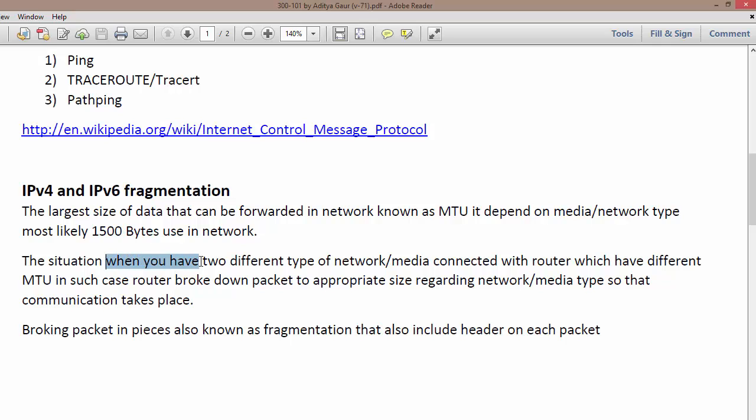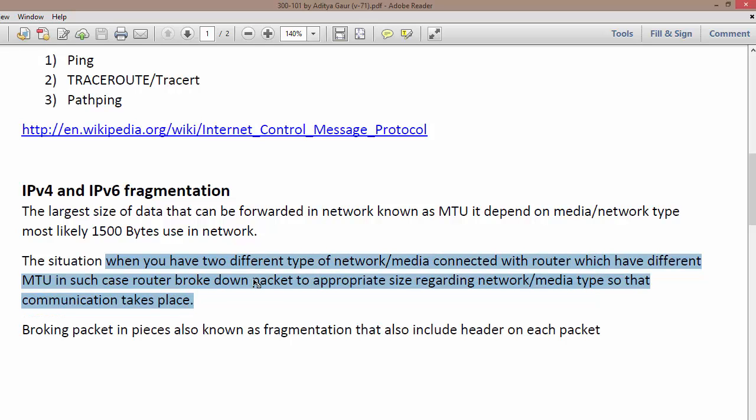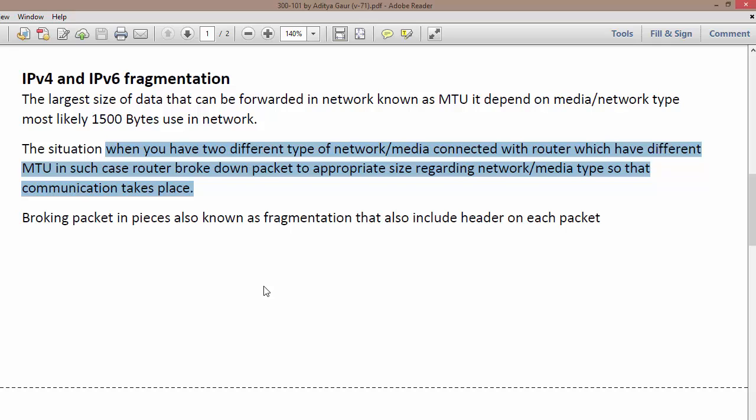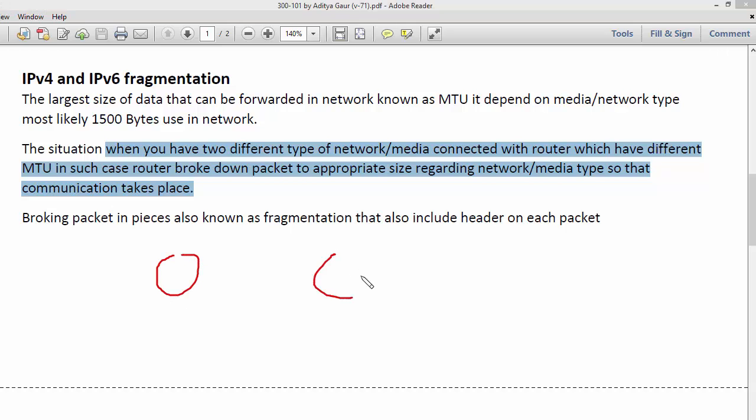In the situation when you have two different types of network connected to a router, which have different MTUs, in such a case the router breaks down the packet into an appropriate size regarding network and media type so that communication takes place. So for example, let me describe this a little bit. Suppose we have three routers. This is R1, this is R2 and R3, and this is connected to the serial,